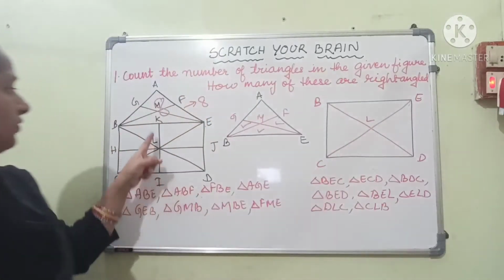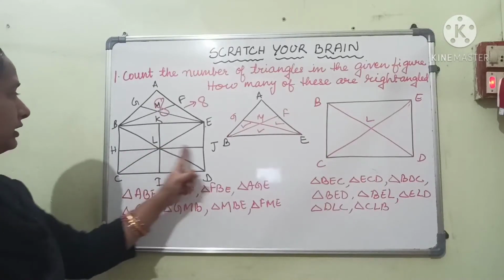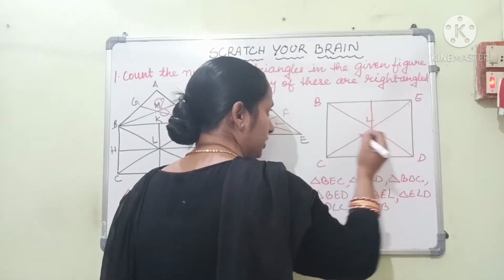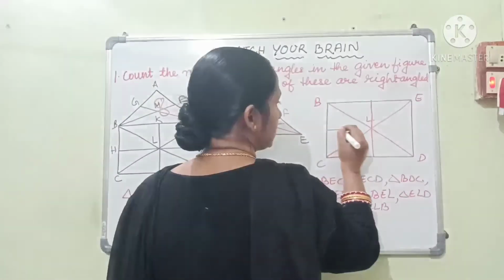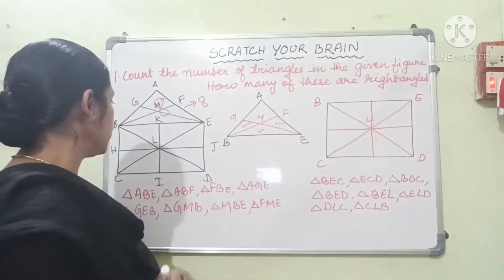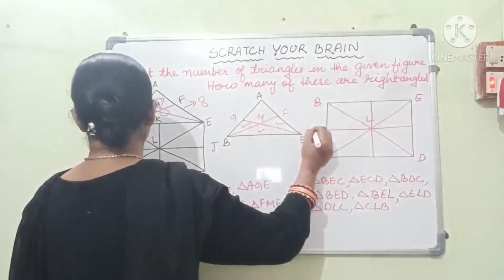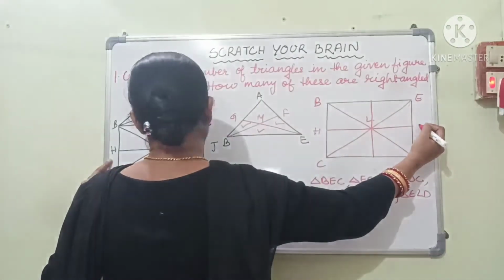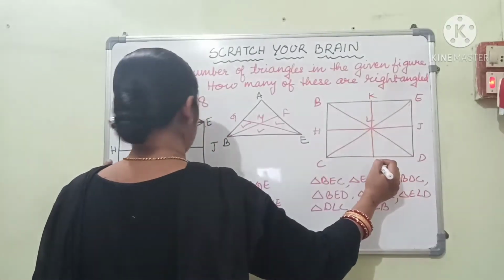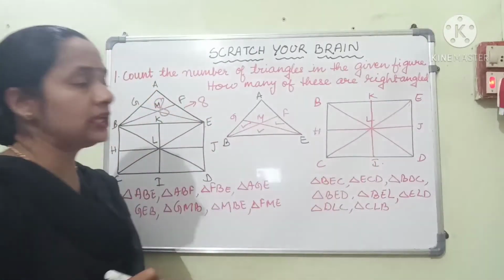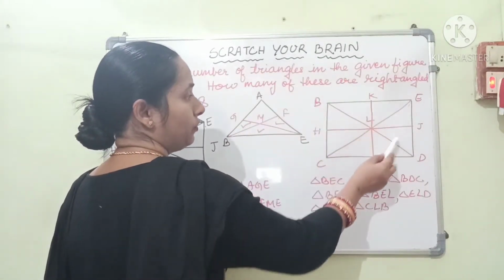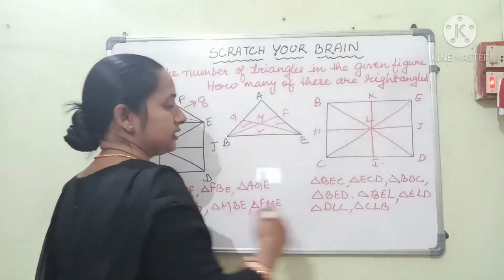Now you will find that one vertical line and a horizontal line are also drawn. Let me draw that line also. See, this is a vertical line, and now this is the horizontal line. After drawing this vertical and horizontal line, let me name these points. This one is the point H, this is the point J, here I am getting the point K, and here I got I. Now you see, how many triangles are visible here? 1, 2, 3, 4, 5, 6, 7, 8 triangles. Now let us name them.